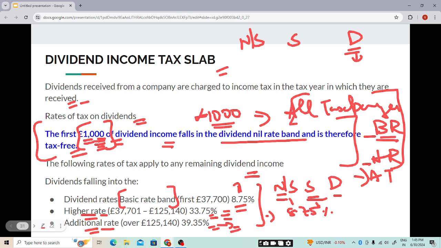Further dividend income will be taxed: if it is falling within the basic rate band, it will be taxed at 8.75%. If it is falling within the higher rate band, it will be taxed at 33.75%. If it is within the additional rate, it will be taxed at